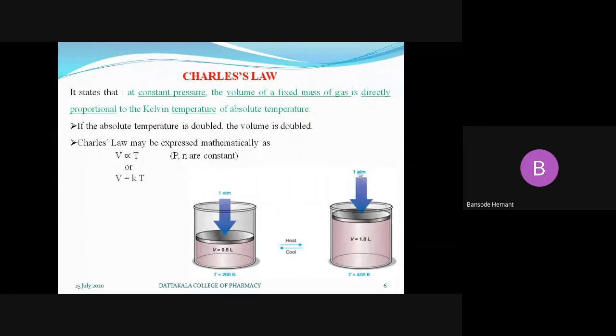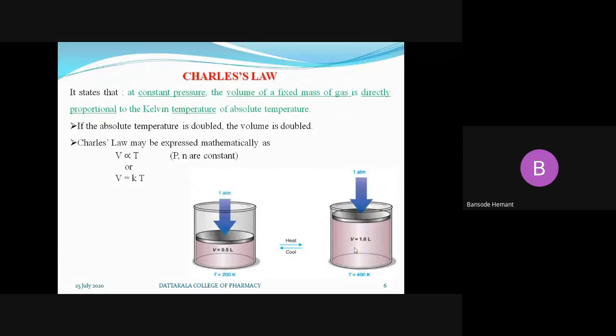Pressure remains constant. Let's see. Pressure remains constant, 1 atmosphere. There is no change in the pressure at all. Just due to the temperature, what happened? The volume of gas increased. That is, the expansion takes place. That is the expansibility of the gaseous molecules. As per Charles' law, temperature increases, volume increases at constant pressure and constant number of